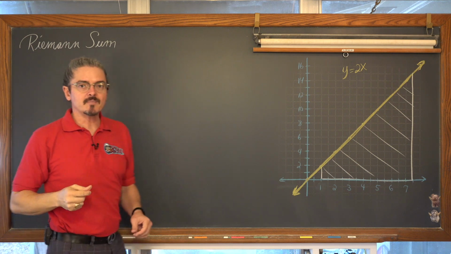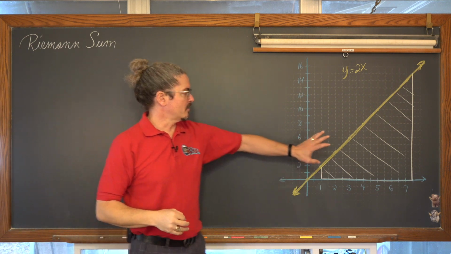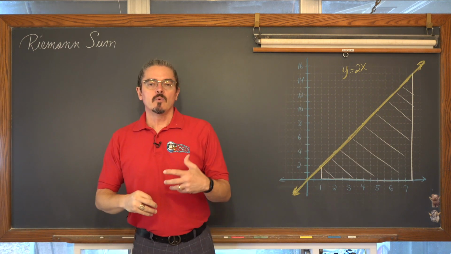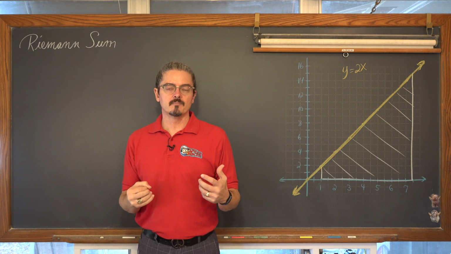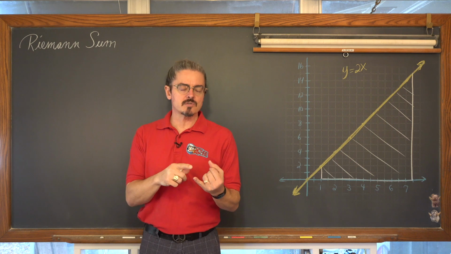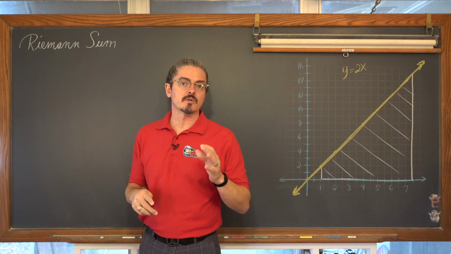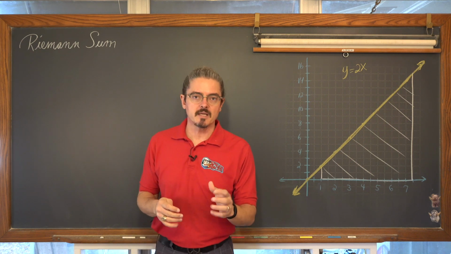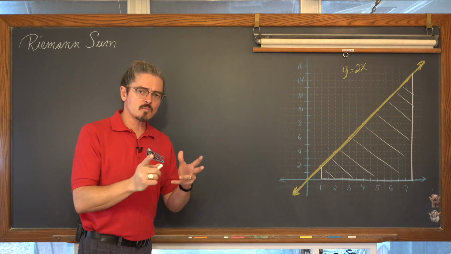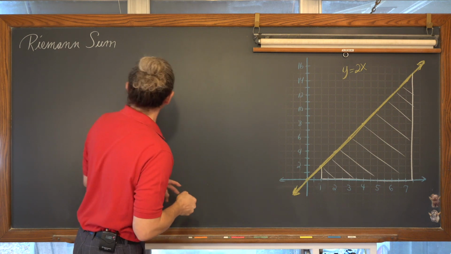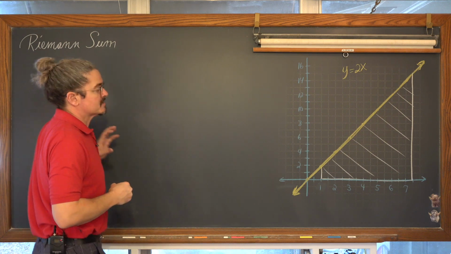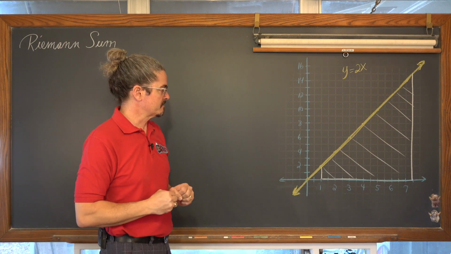What the heck is that? It is the idea that we're going to estimate this area with a sum of common geometric regions. And most commonly those regions are in the shapes of rectangles and trapezoids. We're going to focus mainly on rectangles today. You'll see why when we get into actually being given the definition of a definite integral. But it's just a sum of common geometric regions.